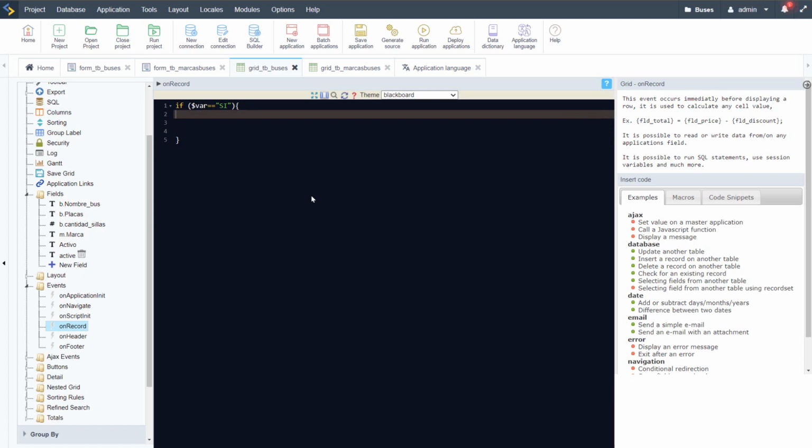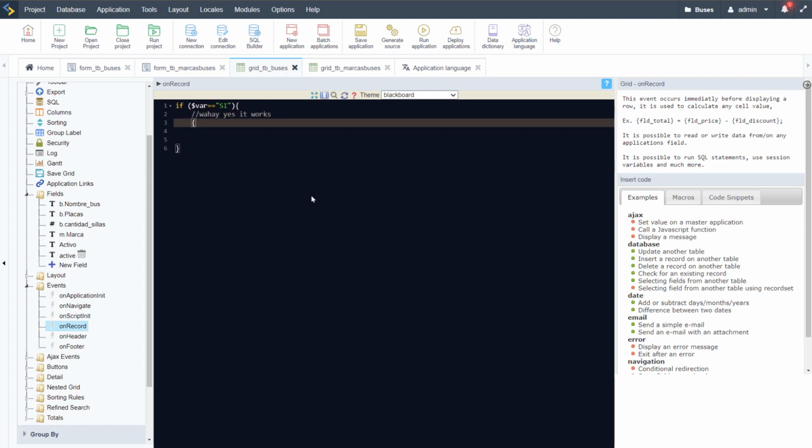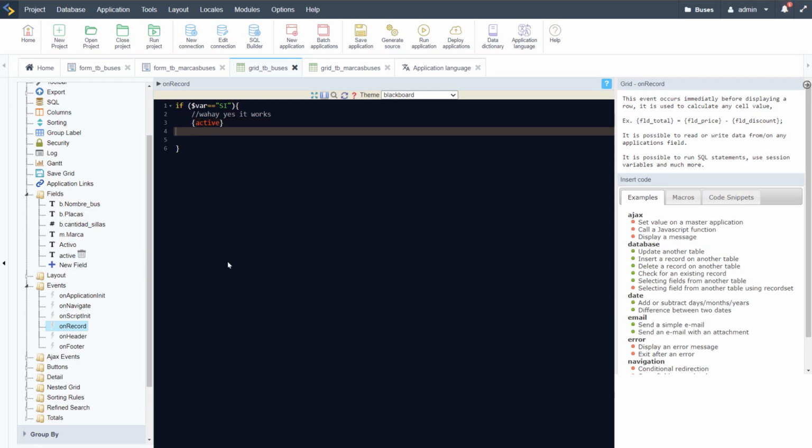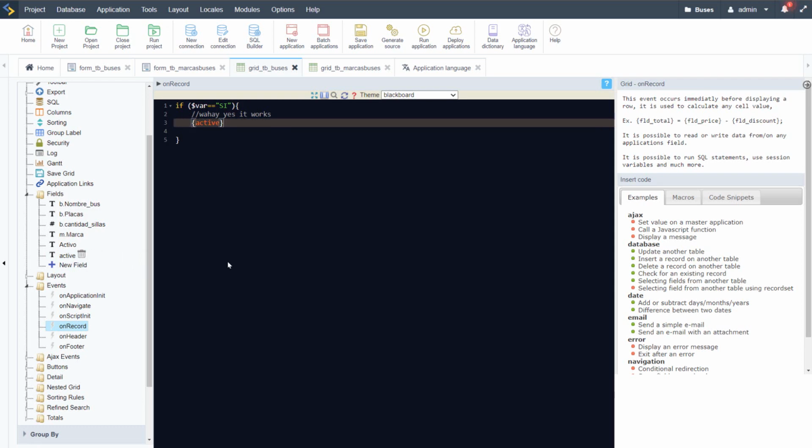And then I will just go add a variable in here, for the field, which is active. So active, and close that, equals,